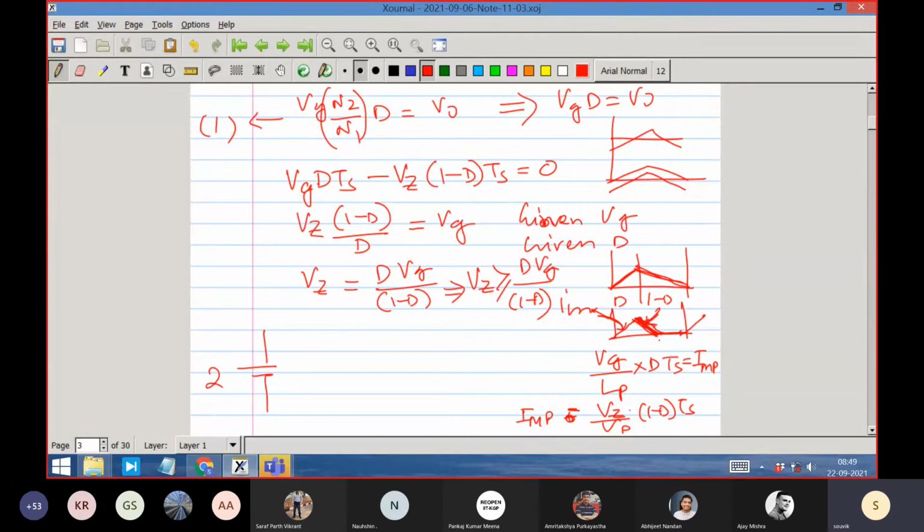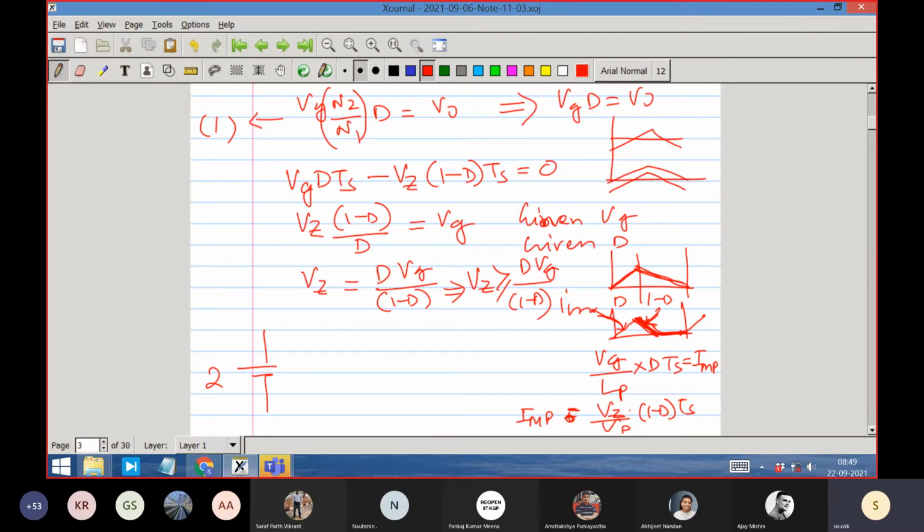And there is this: discontinuous conduction. You understand that current is increased by the applied voltage Vg. That is the magnetizing current during the on time. And during the off time, what is happening? It is getting a voltage of Vz, and more Vz means the current is coming down to 0. Vz is in the reverse direction. It tries to bring down the current, right? So therefore it will bring it down faster if Vz is greater than or equal to 0. That is to be satisfied.